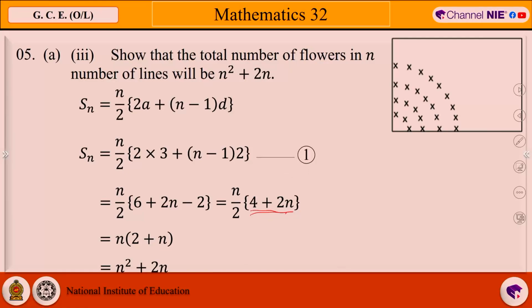You will get 1 mark for this substitution and another 1 mark for the answer. Actually, here not for the answer, but the steps that you have to use to obtain the answer. Accordingly, you will get 2 marks for that. Right. That is the end of the third part,